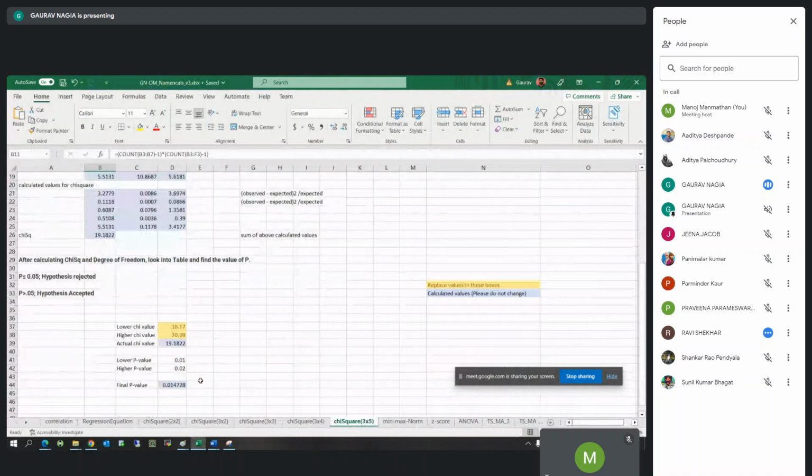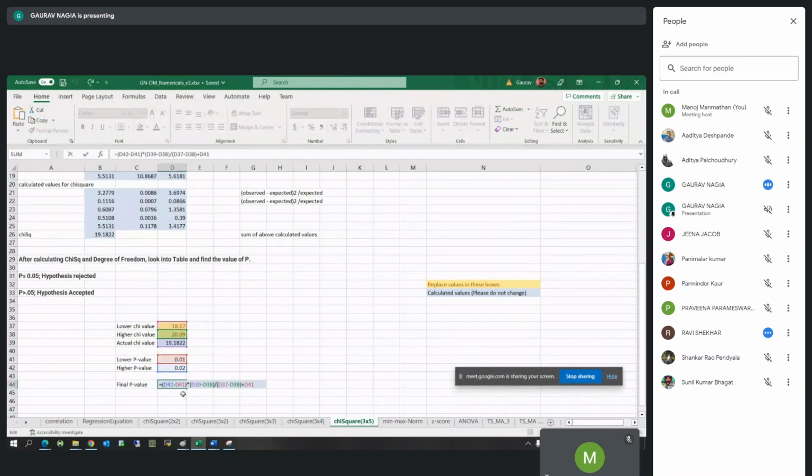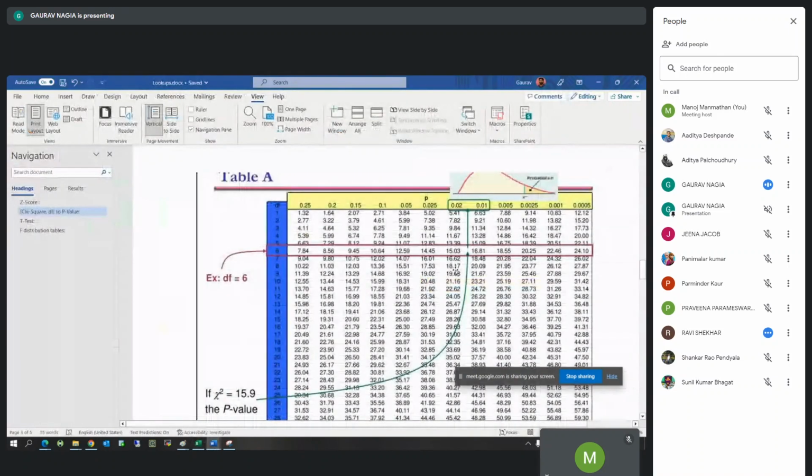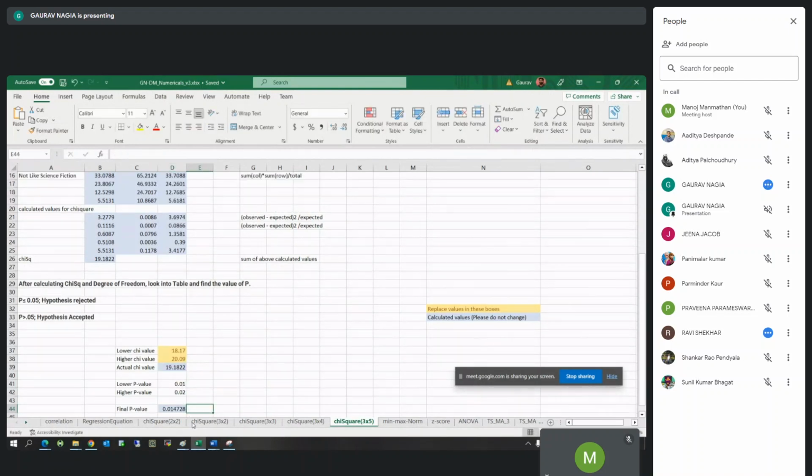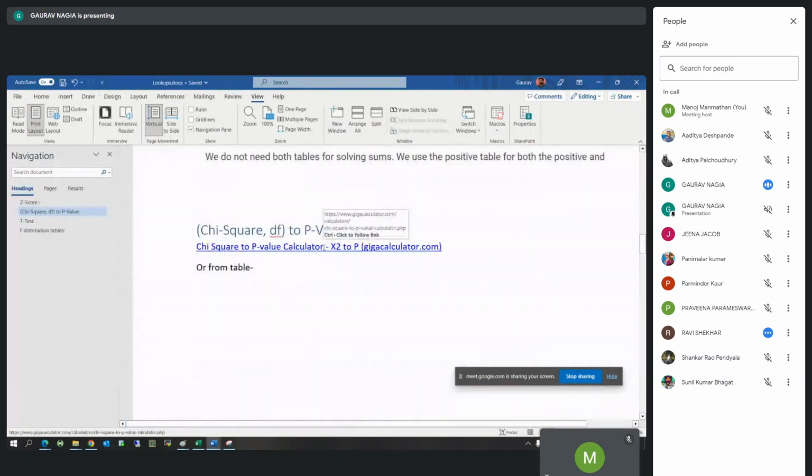Based on this, the actual value is this. I just copied from here, and then this is the calculation I do, and finally I come up with this one. These values are again coming from degree of freedom 8, this 0.2, 0.1, 0.01, 0.02 coming from here. So a bit of work needs to be done to interpolate, but I thought it would be helpful. If not, you can use this calculator directly also,